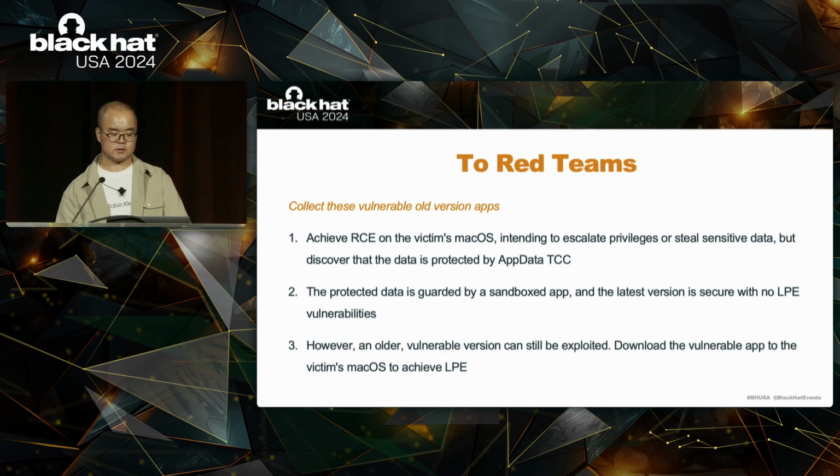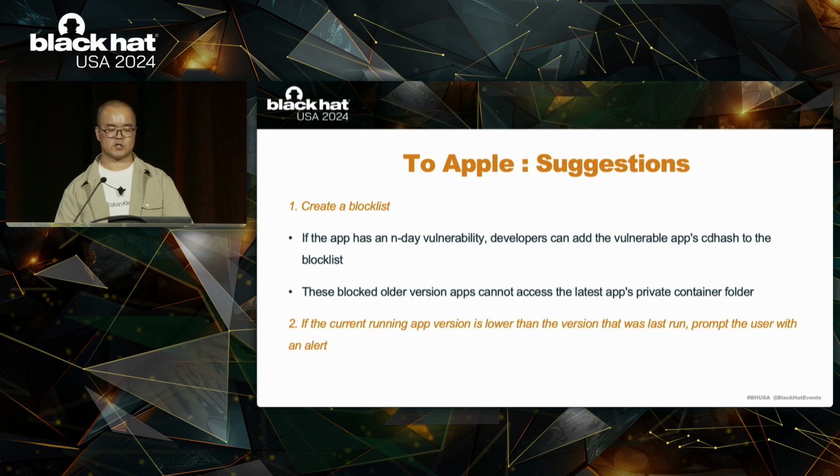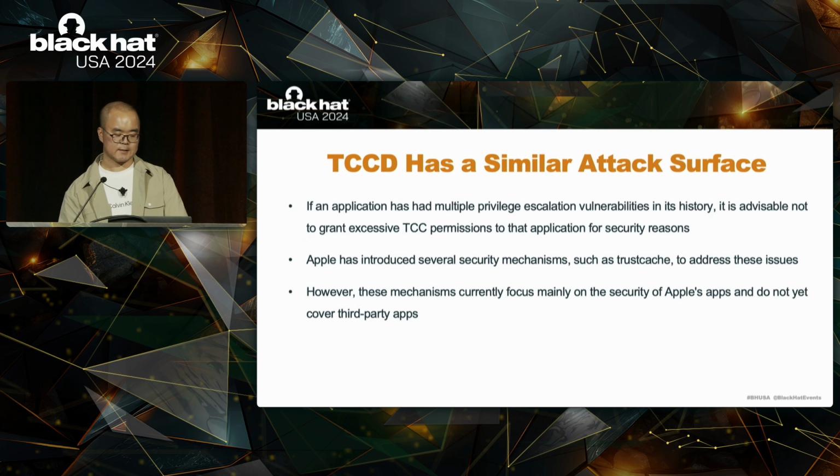So for red teams, we can collect these vulnerable old version apps. And to Apple, there are 2 suggestions. 1, create a block list. 2, if the current running app version is lower than the version that was last run, prompt the user with an alert. Actually, TCC daemon has a similar attack surface. Apple has introduced several security mechanisms, but this mechanism currently focuses mainly on the security of Apple's apps and doesn't